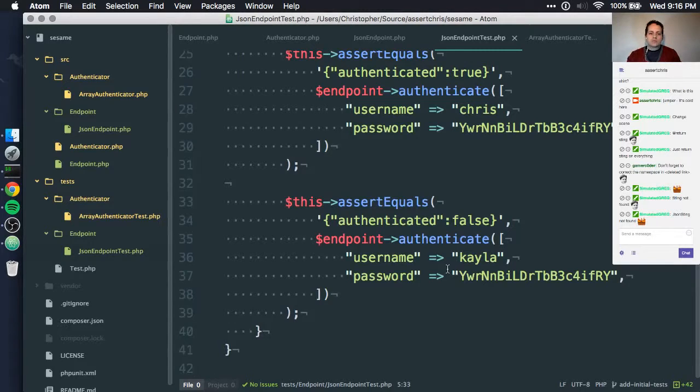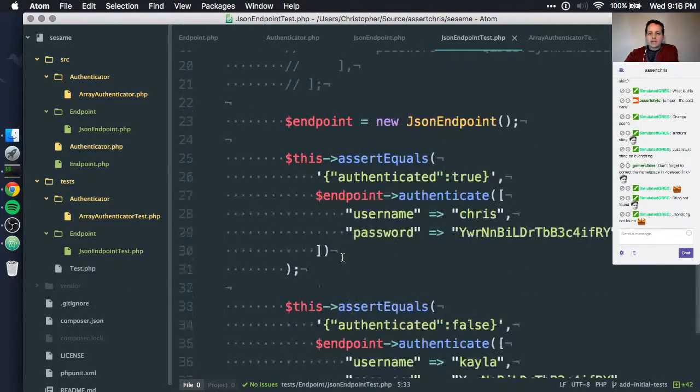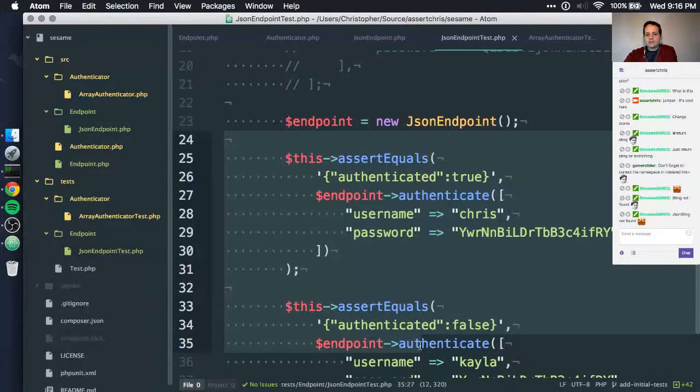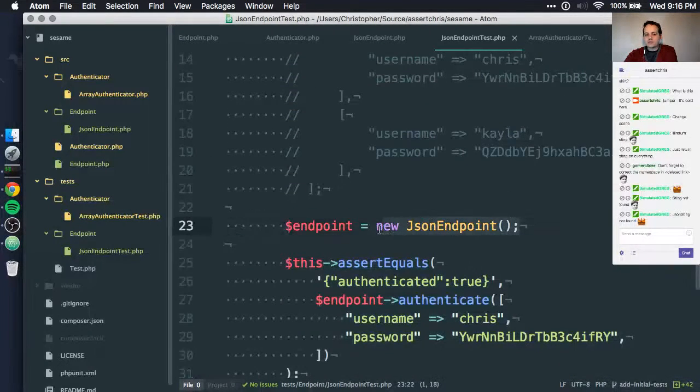Now the problem comes in where we're actually testing JSON endpoint, right? The code here is meant to test JSON endpoint. But to make this, we need to create an instance of Array Authenticator. So now problems in Array Authenticator can roll on to problems in JSON endpoint. If we make a breaking change in Array Authenticator, our tests for JSON endpoint are going to fail, and that's not exactly what we want to do.